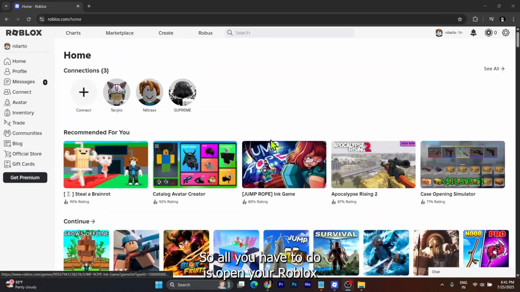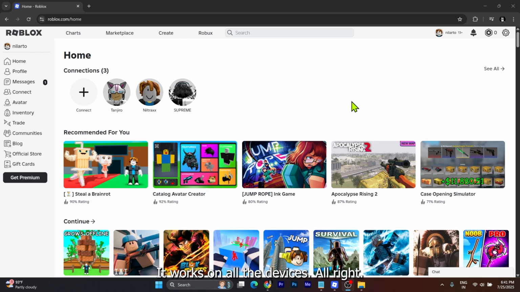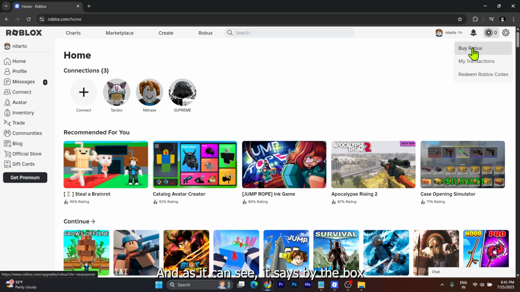So all you have to do is open your Robux. It works on all the devices. All right, open your Robux and you need to tap this option, or you can say logo. Just tap here, and as you can see it says Buy Robux. Tap here,